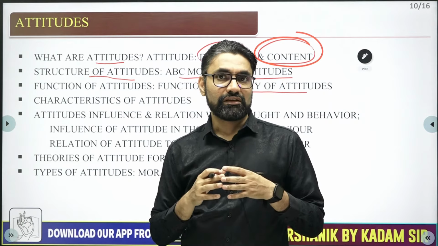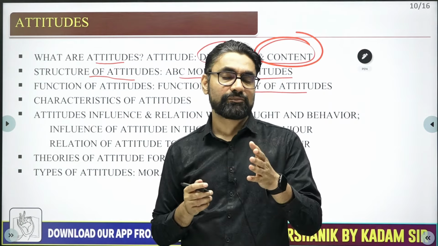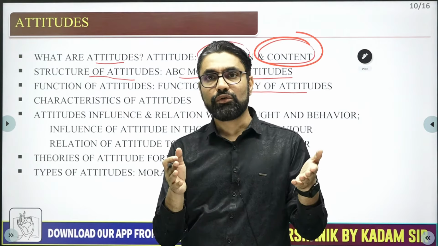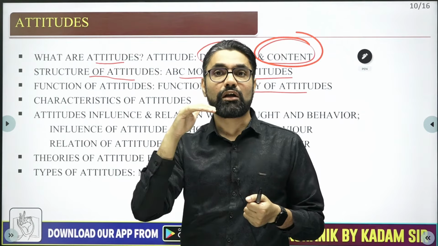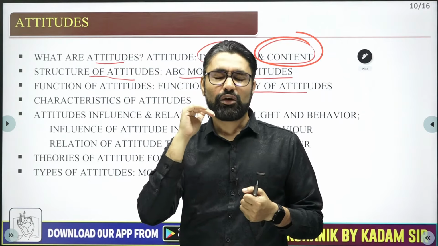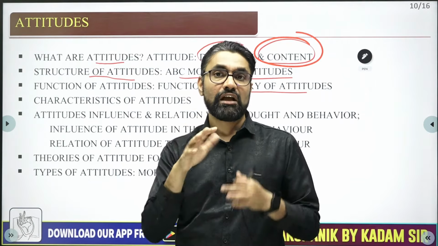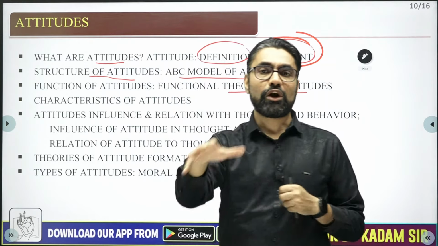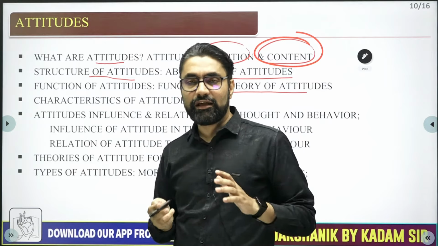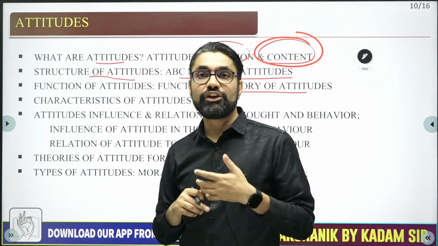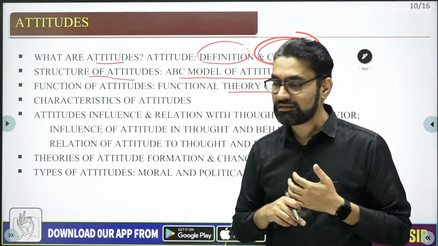So we'll also discuss that all these three components are either positive or negative. What happens if two components are positive and one is negative? It is called attitude inconsistency. Okay, inconsistency in attitude components. And if this inconsistency happens, what to do with that or how do we resolve that inconsistency? There we have one important theory of cognitive dissonance that we'll discuss in the class.